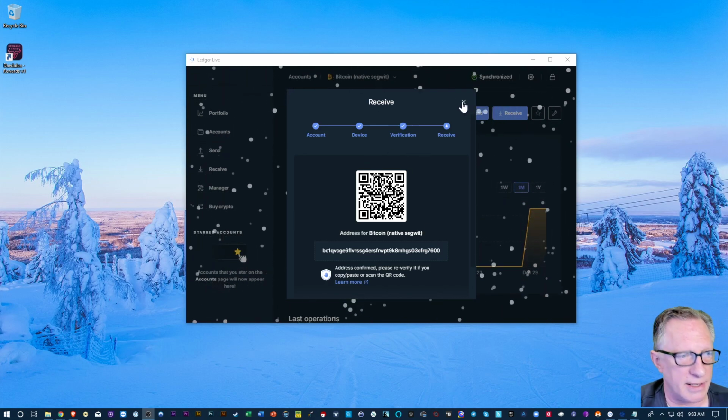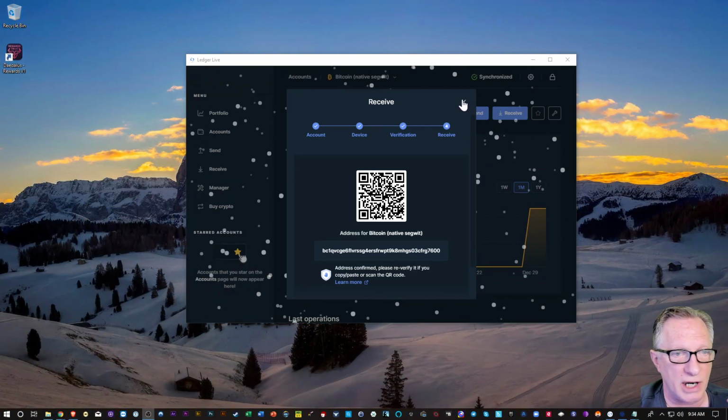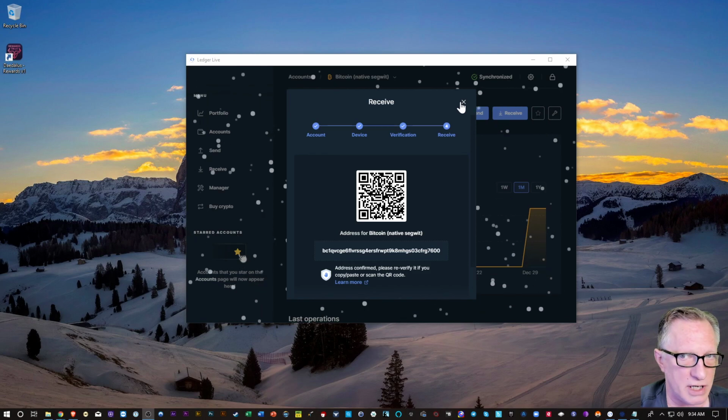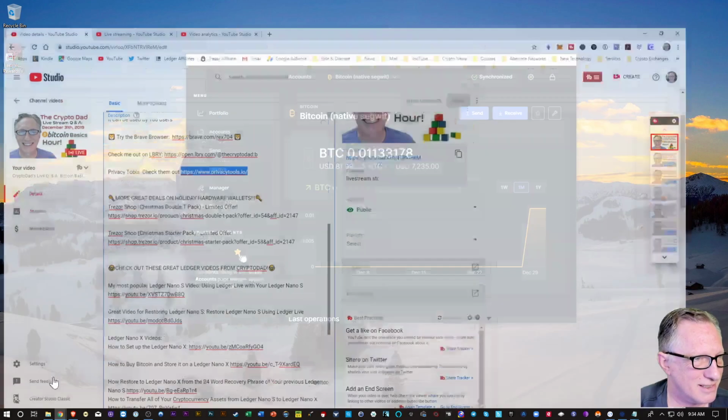And the Ledger does a really good job of generating a new address for each transaction. Now Ethereum isn't like that, but Ledger Live's Bitcoin wallet does do that. It generates new addresses. So I hope that covered that question.